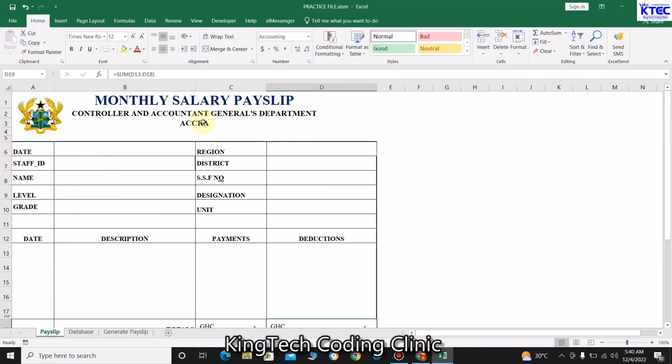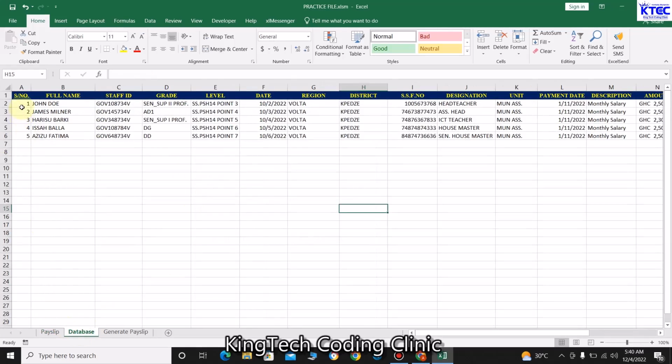You can choose to design your own template the way you want it. Moving forward, we have the database made up of 5 employees. Okay, we have 1, 2, 3, 4, 5. Then the various columns we have the full name, we have the staff ID, we have the grade, we have